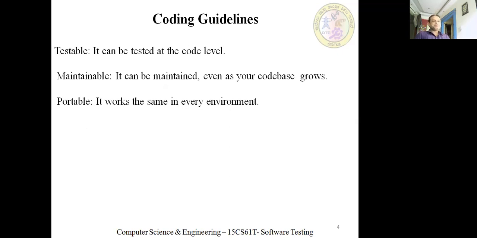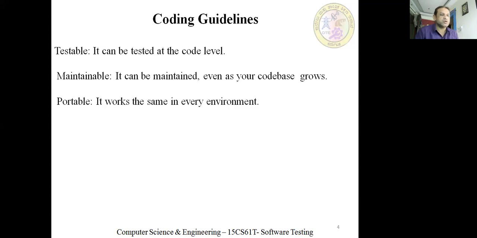Then next, maintainable. It can be maintained even as your code base grows. For example, a project consists of a large number of lines. Usually you write code in the form of modules: module 1, module 2, module 3, and so on. If you follow these guidelines, it is easy for you to maintain. There will be 10 modules and each module may perform a specific task.